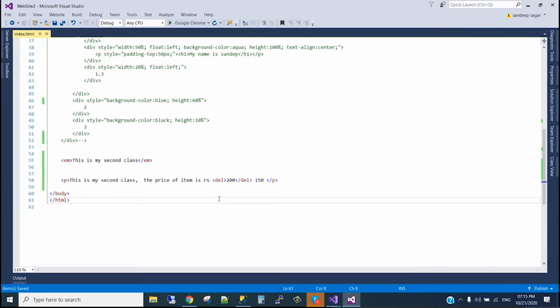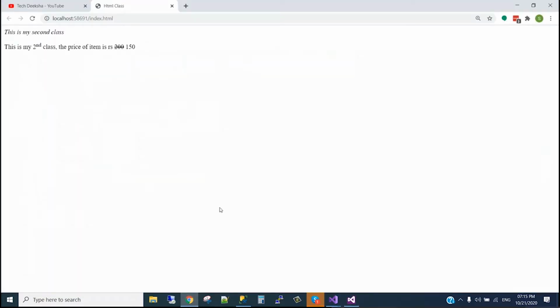The next is, if I add something like second. If I write 2 and then second class, and use a different tag, sup, and refresh, you will see second with ND raised.